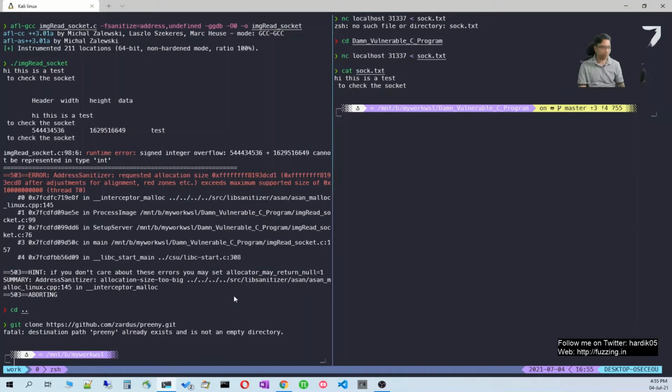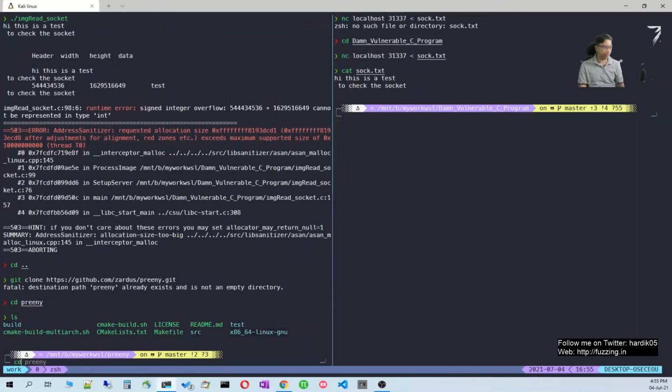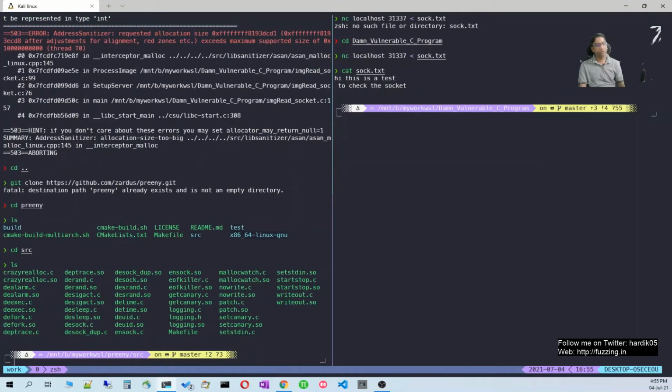Let's go inside the Preeny directory and see what it contains. It contains a lot of folders and files. Let's go to src. It actually contains a lot of utilities, basically if you play CTFs. You can use the LD_PRELOAD command, load these libraries, and they will do the rest of the work for you.